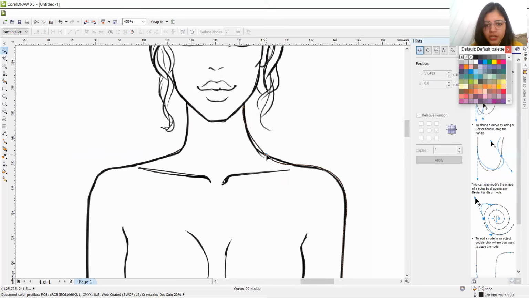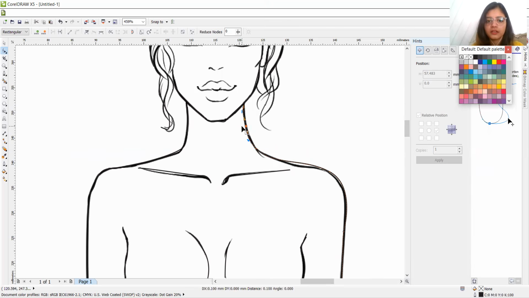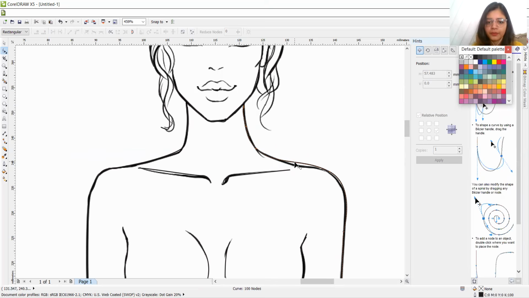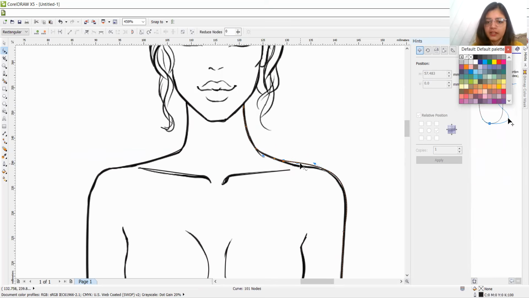So here is a notch and here is some space. So let's take this notch to that point, add a notch over here and make it align with the croquis line. Add some notch over here and make it align with the croquis. Here is a space, so make it align here.